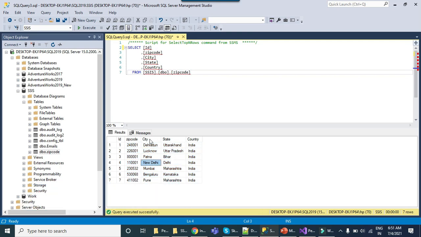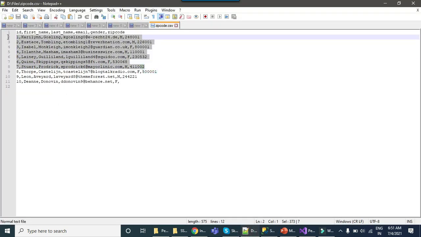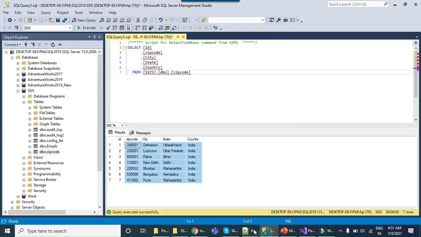Okay, so the thing is our reference dataset does not contain the zip code information for all cities, it contains only a few of them. If you check the data here, the first 7 records, up to this zip code 411002, which is the last one, so it contains the data only for 7 cities.